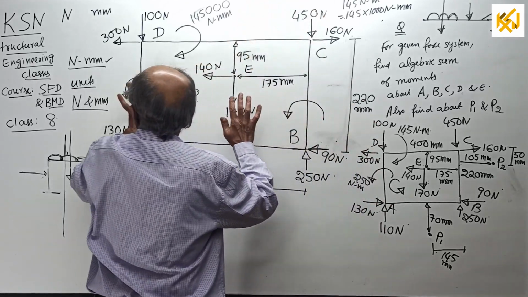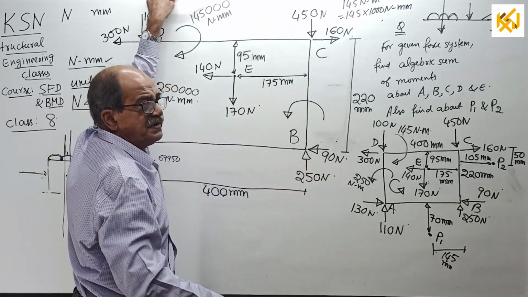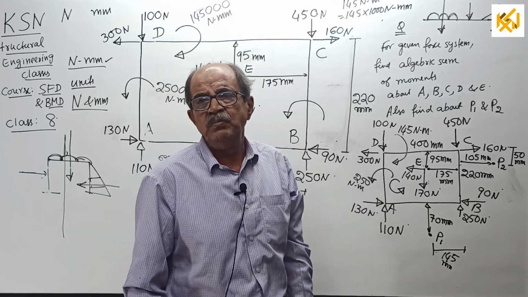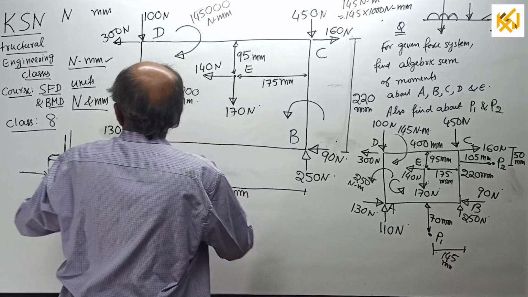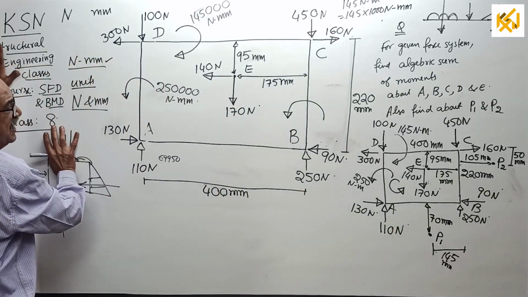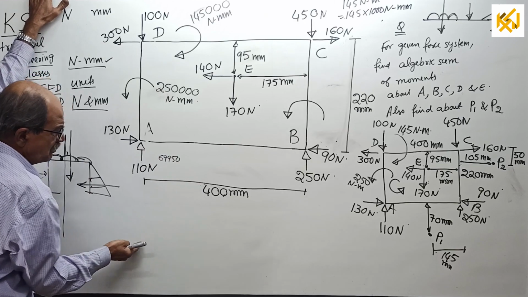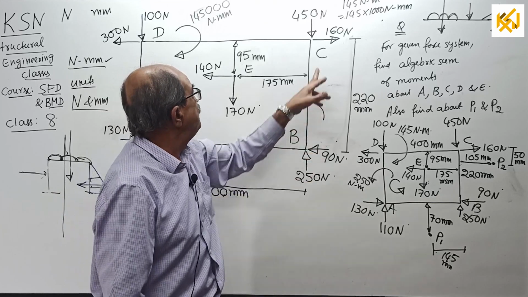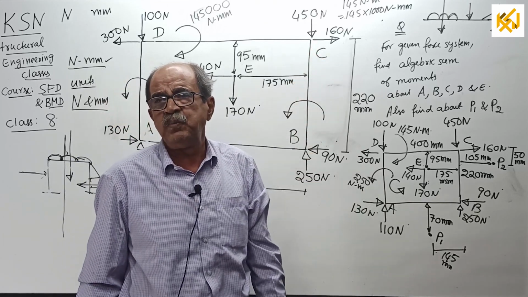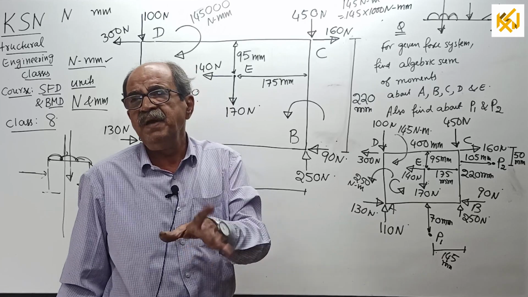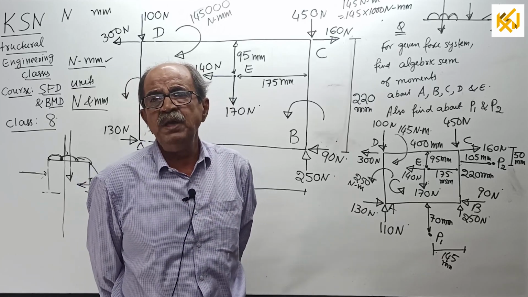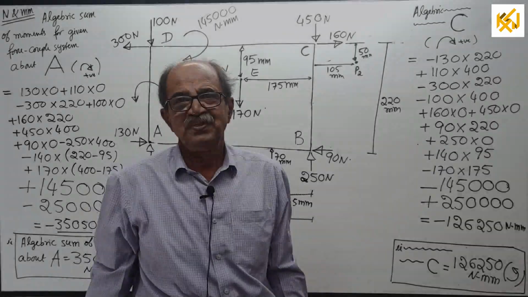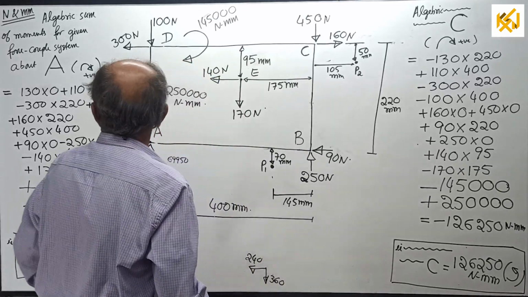Now, everything is ready. The trick I will tell you a little later. What I will do now, which usually I never do, but time counts, is write somewhere here, algebraic sum of moment about A, and somewhere here about one more point. After explaining, I will remove it, and maybe explain 2 more points. Then I will tell the answer for the remaining. That is an exercise for you. You have to thoroughly practice and get the answer. Okay, just wait for a little time. We start first.